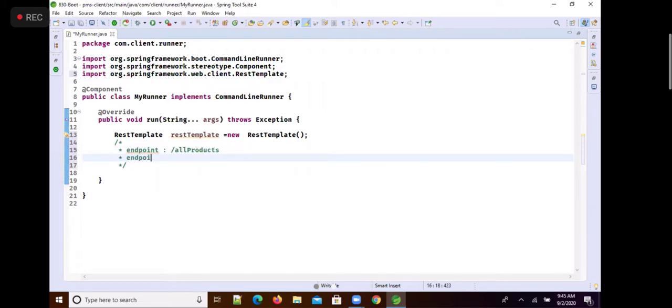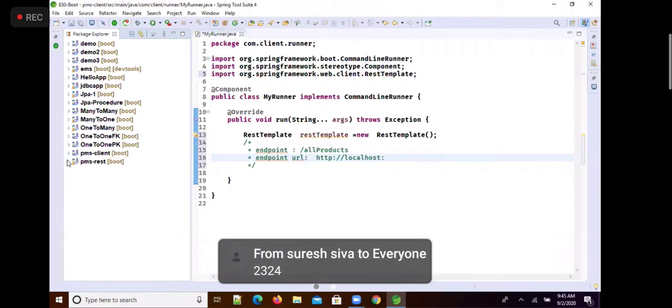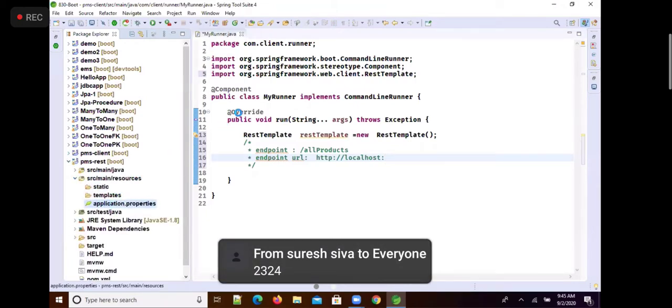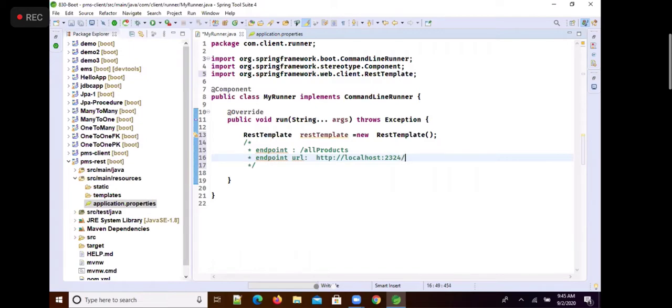What is the endpoint URL? http://localhost, I think yesterday we used a port number for our REST application, 2324, then ProductRestAPI/allproducts. This is the endpoint URL.